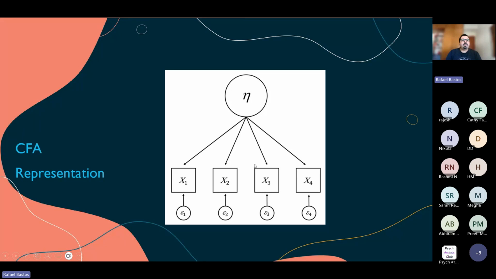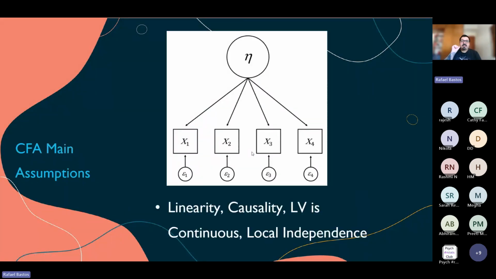the items. Okay, so CFA has some main assumptions that are not strictly from the CFA, but more for the factor models as a whole. For instance, there is an assumption of linearity, so the relationship between the latent variable and the items is linear. Also this relationship is causal, so the scores in the latent variable causally affect the scores of the person in responding to an item. The latent variable also is continuous, so there is a score here that is continuous,